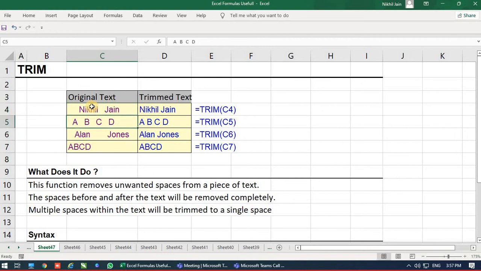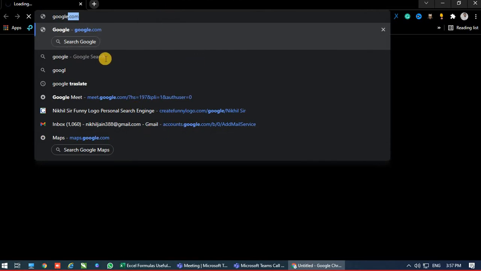Okay, so now you may have the question, sir, how does the computer know whether there is a space or a text? In ASCII, the American Standard Code for Information Interchange, all the text is converted into numbers, even space. So I can say every character has a number in the computer. I'm not aware of each number exactly, so I'll show you on the internet what the ASCII value is.